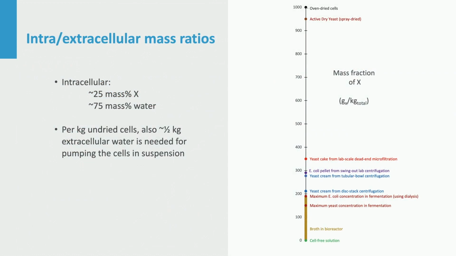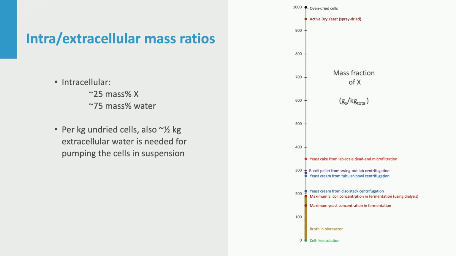Typically, cells contain about 25% dry matter. The fermentation broth will also include extracellular liquid. In fermentations that were pushed to extreme limits, about 70% dry matter was reached, considering the whole fermenter. But the treated PDO fermentation that reached 8.5% dry matter is already impressive. At about 17% dry matter, broth is a cream that can still flow out of a centrifuge or a microfiltration device. This may tell us how much extracellular liquid remains after centrifugation or microfiltration.